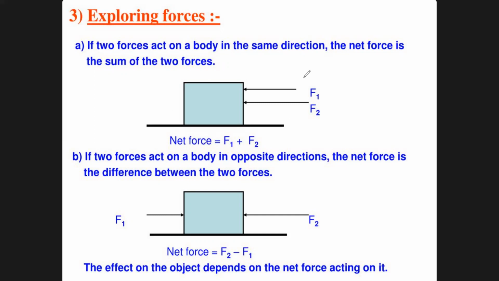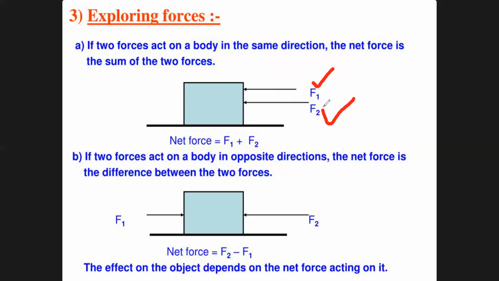Suppose here we have a block, right? On this block there are two forces acting. One force is called F1, and the other force is F2. By looking at the arrows, F1 is considerably less than F2, because its length is less. Just for reference, the one with less length is the smaller force, and F2 has the higher length compared to F1. So I can consider that F2 is the larger force.